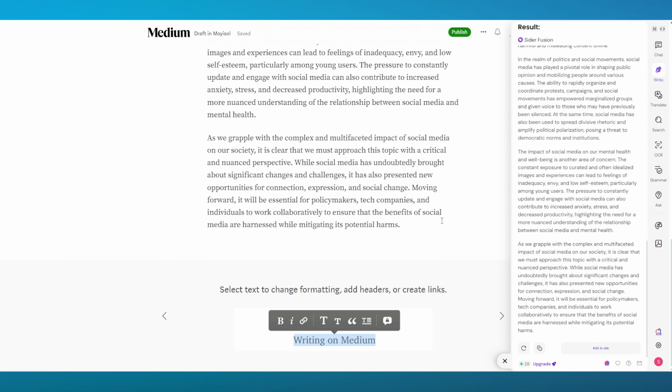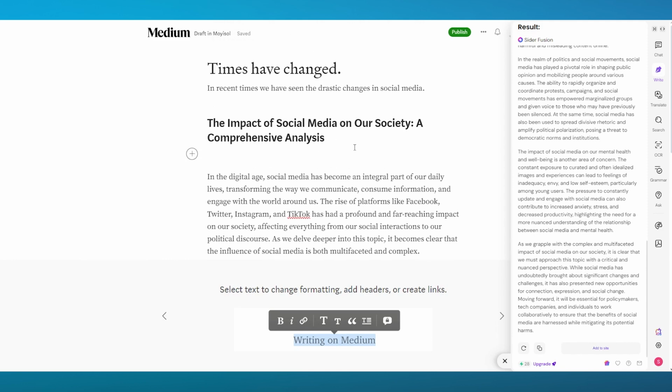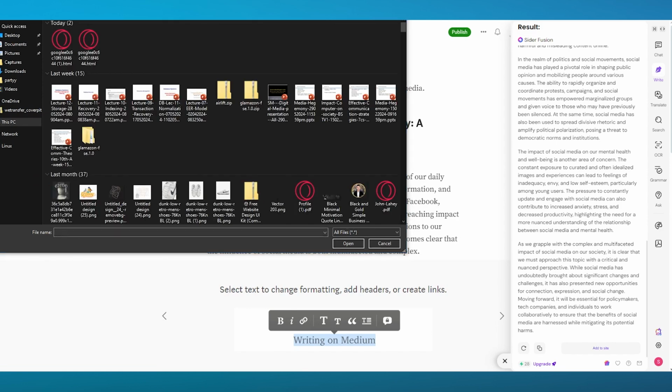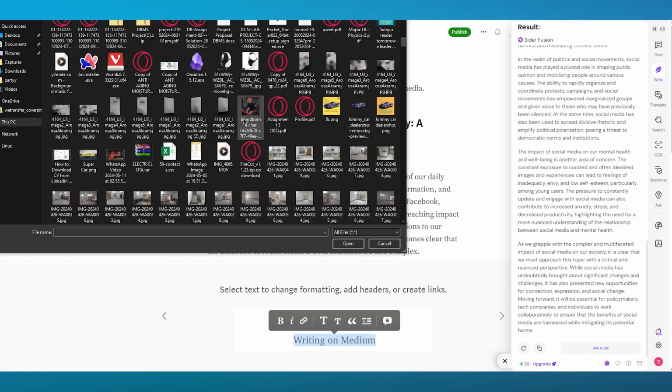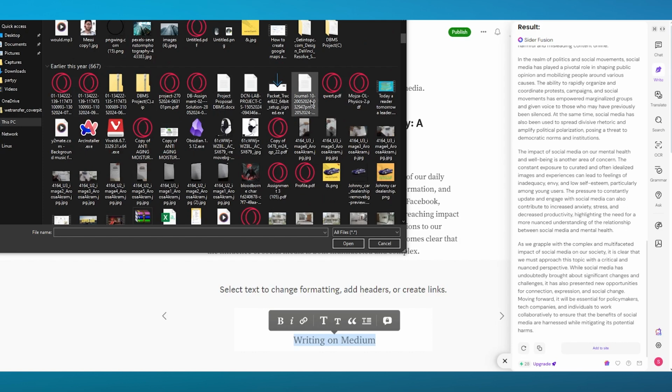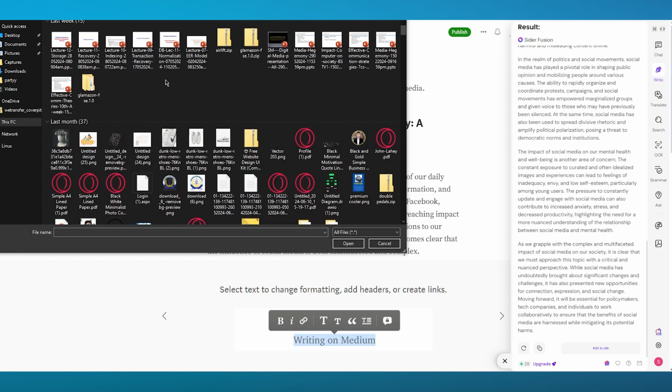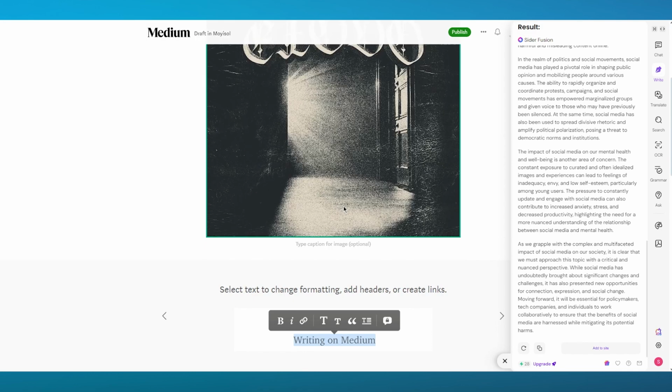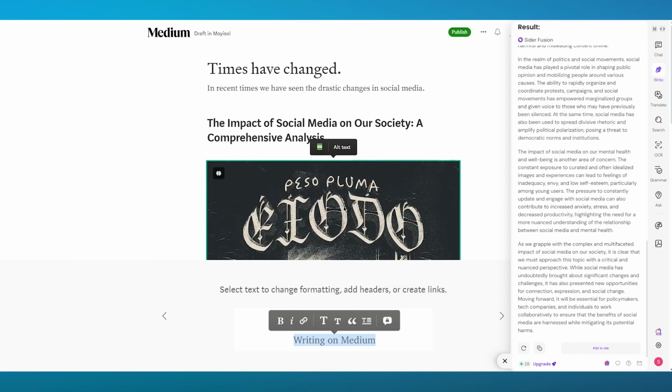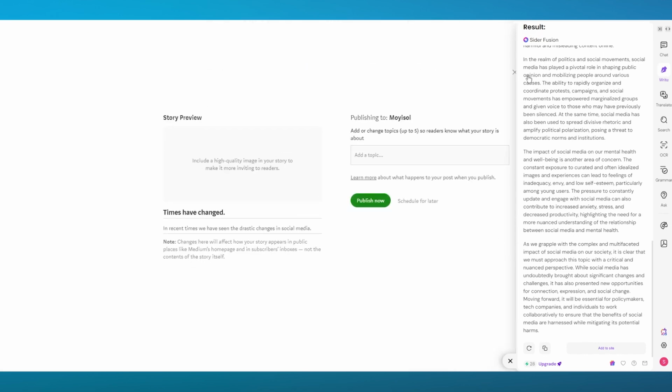Once you've added this, you can also add an image for yourself if you want to. So let's say I'm going to come here, click on plus, click on upload image. And once we click on upload image, you can go ahead and add any image that is relevant to this. Now, the image I'm adding isn't really relevant to what we're portraying, but I'm still going to add it just to give you an idea. So just like this, once you have done that, you're going to click on publish.